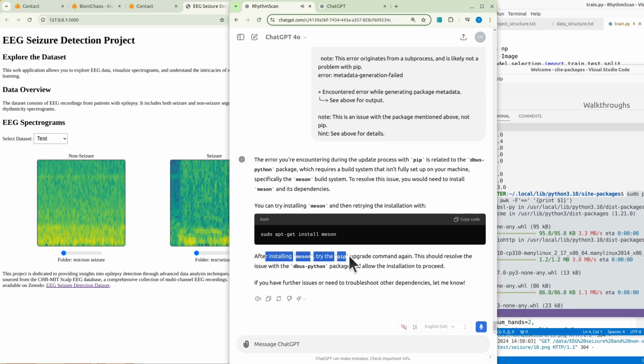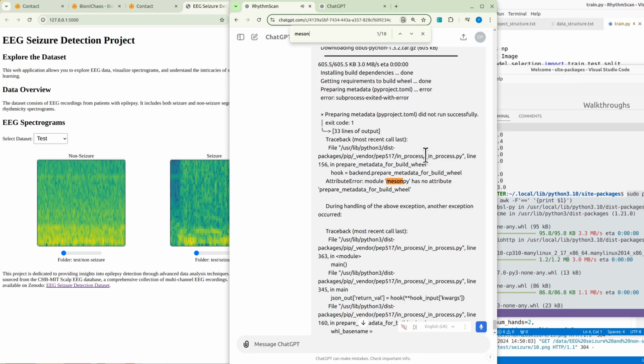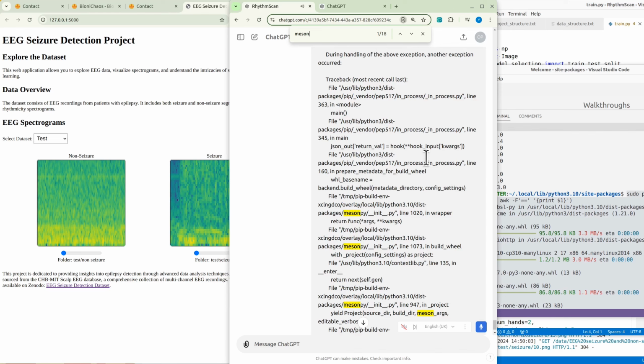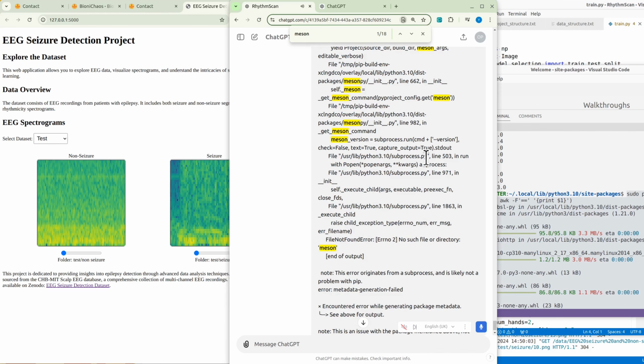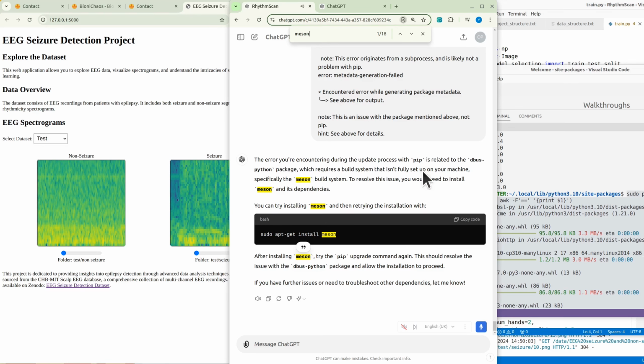MediaPipe, a framework specialized in processing multimodal data streams, such as video and audio. It is particularly useful in real-time applications like gesture recognition, face detection, and other tasks requiring quick processing of continuous data streams. In summary, these packages collectively enable you to develop sophisticated machine learning models, particularly those that involve processing and analyzing real-time biomedical data. They provide the necessary infrastructure for building, training, and deploying models, while also handling the complexities of data serialization and